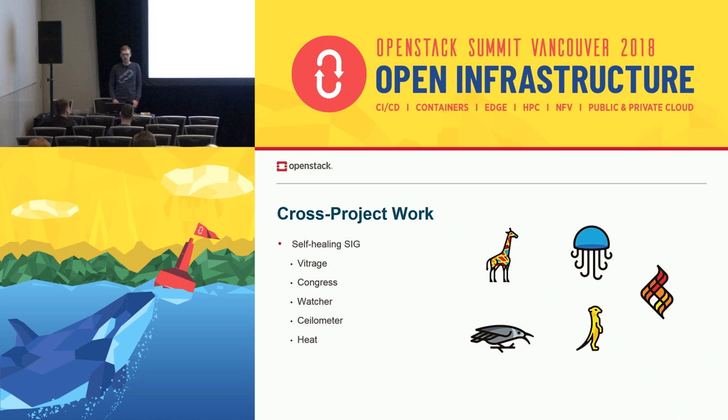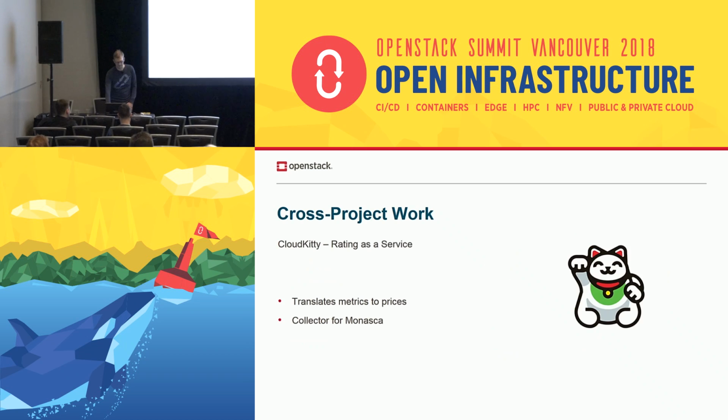So we want to cooperate with projects like Vitrage, Watcher, Congress, Heat, Ceilometer, to be able to create such infrastructure. There is a session tomorrow, a forum session, I think it is, of the self-healing SIG. So if you're interested or want to work on this, please join.